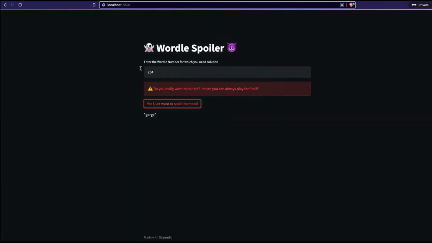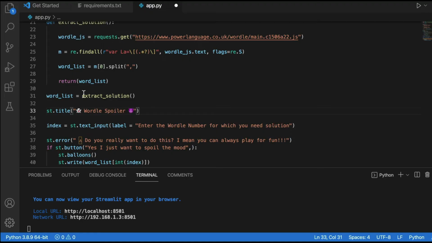So the next thing we want to do is, we want to give a text input. The text input is where the person has to enter the particular Wordle's number. So we are not making it very easy to go with the date. We are making one level of friction where somebody has to enter it. This is something only when somebody is playing Wordle regularly, they might be aware of. So that's why we have this number that we are extracting.